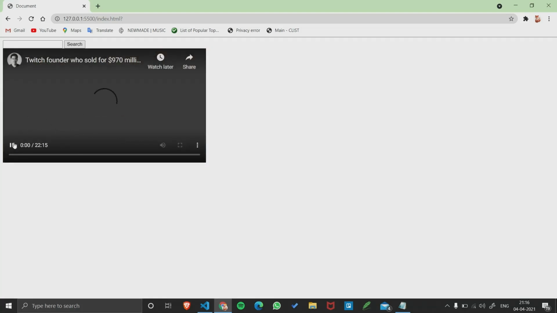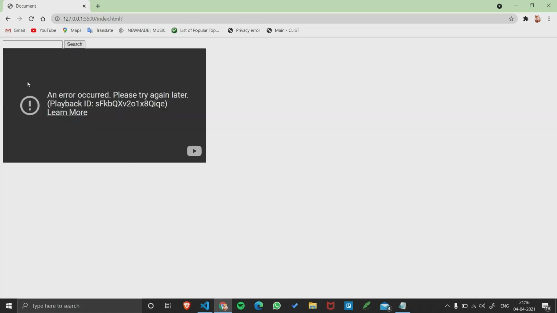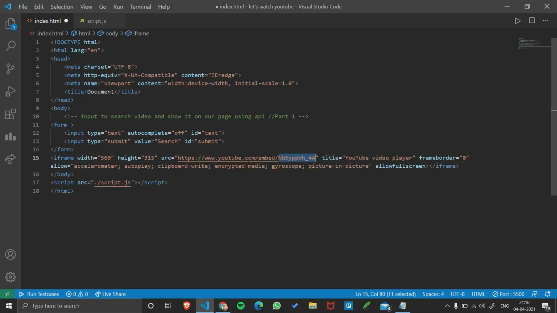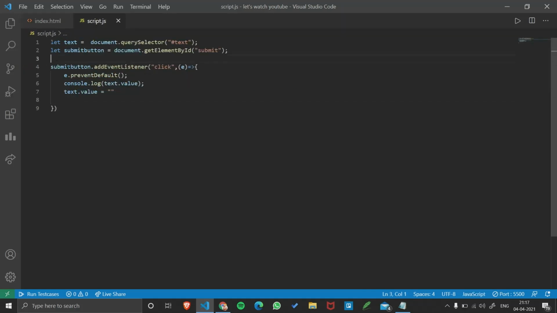So our video is embedded like this. Now as you can see, there is only a video ID code to play this video. The rest will remain the same every time, we only need to change this to get a video. If I change this, nothing will play, just a YouTube error. As you can see, we need this video ID. So how will we get it? Let me delete the source for now, and connect our iframe to JavaScript.